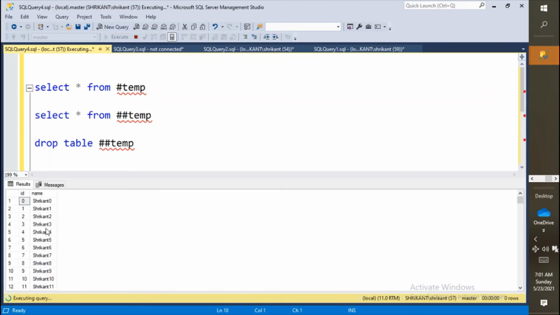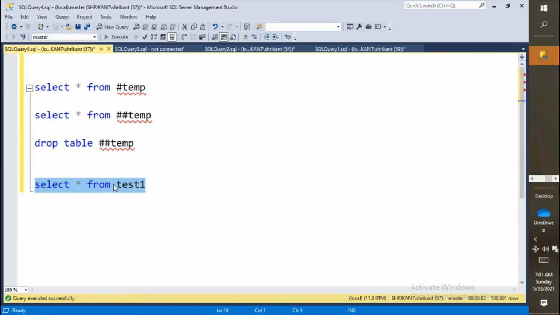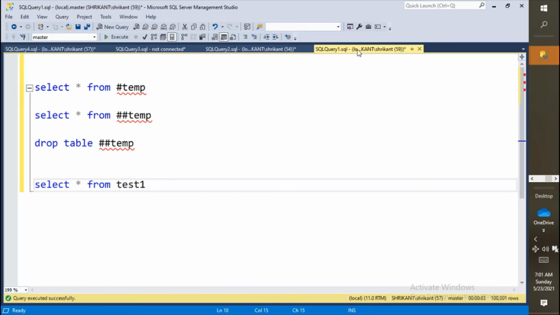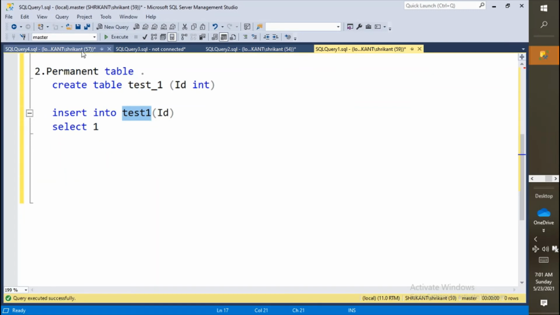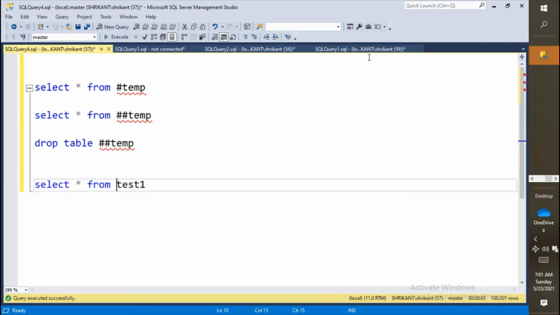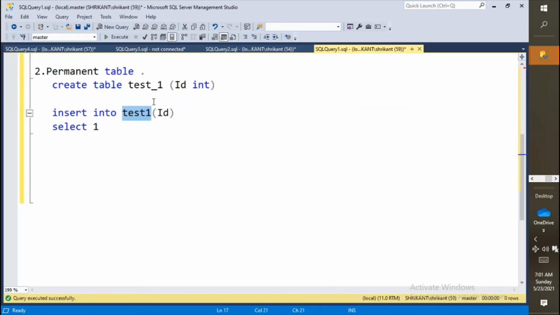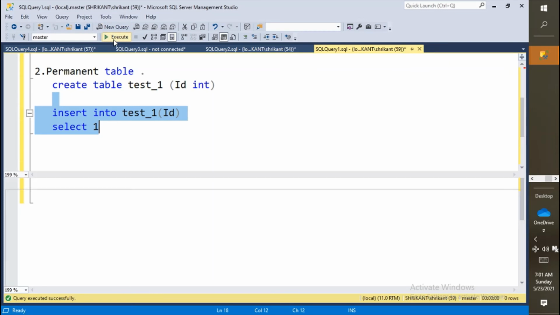Yes, I can get the data. Basically we have loaded into another test table. Let's run it.